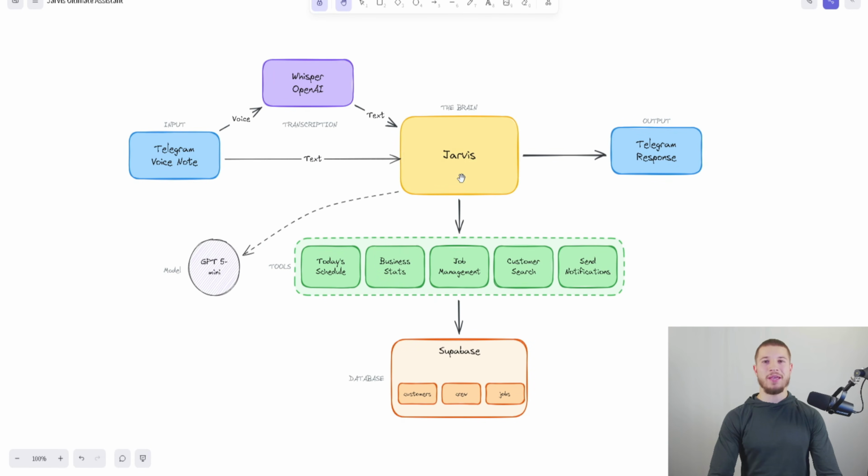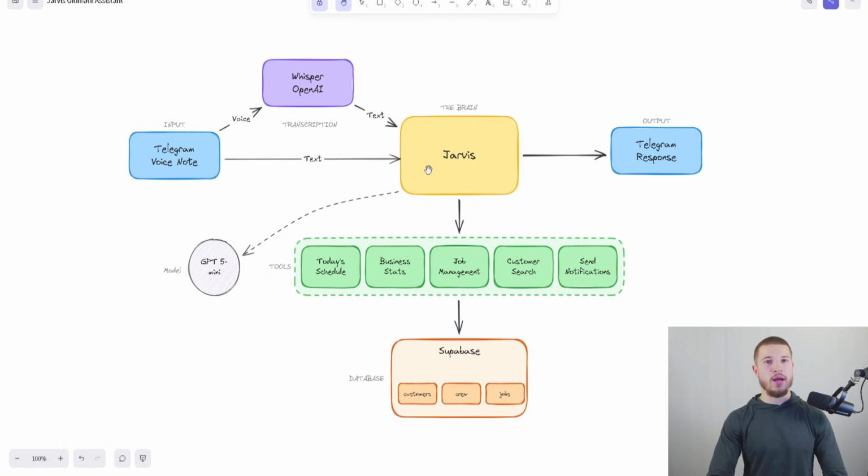Really quickly, before hopping into n8n, I wanted to show you guys this diagram and give you a bird's eye view of the architecture of what's happening every single time we make a request to our assistant. This automation always begins by the user sending in either a voice message note or a text message. If the user sends in a voice message, we need to convert that voice message into text before inputting it into our AI agent. If the user sends in a text message, that immediately shoots into our AI agent, which then uses its GPT-5 mini chat model